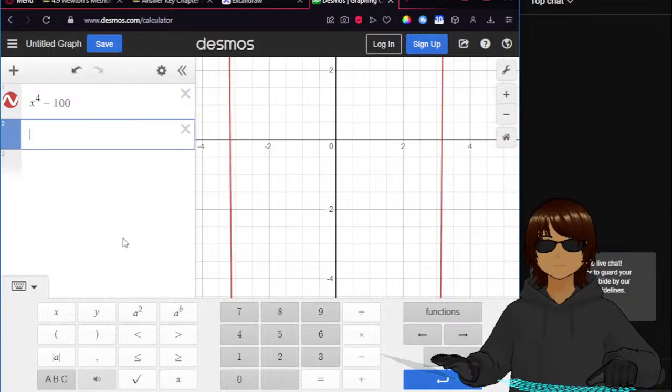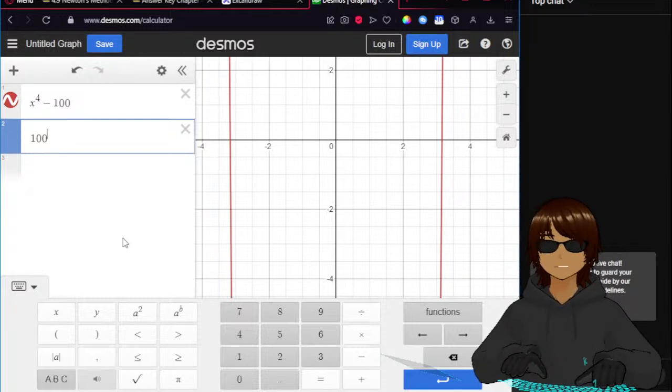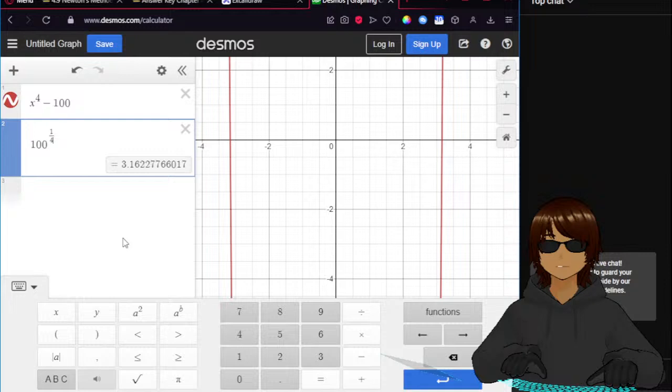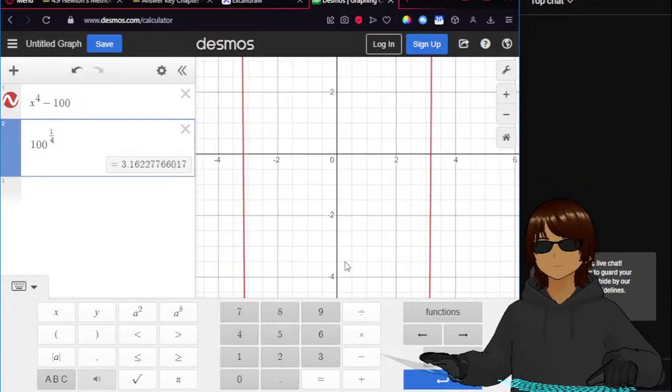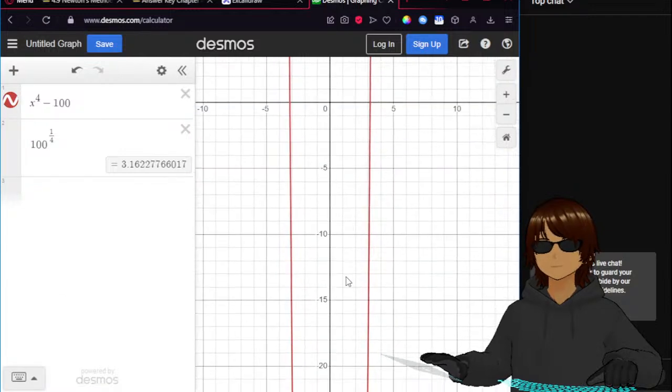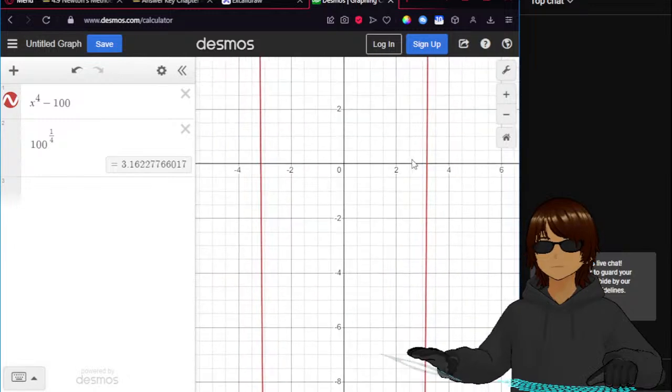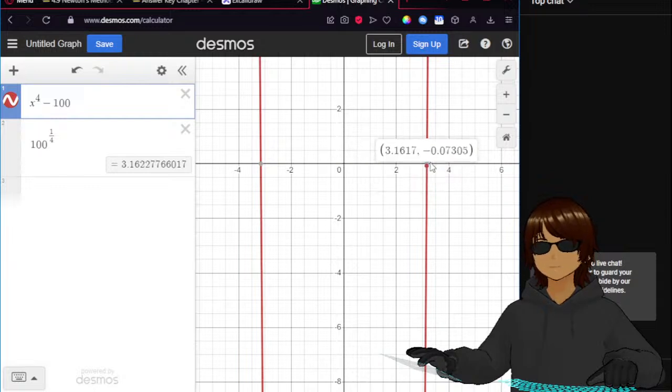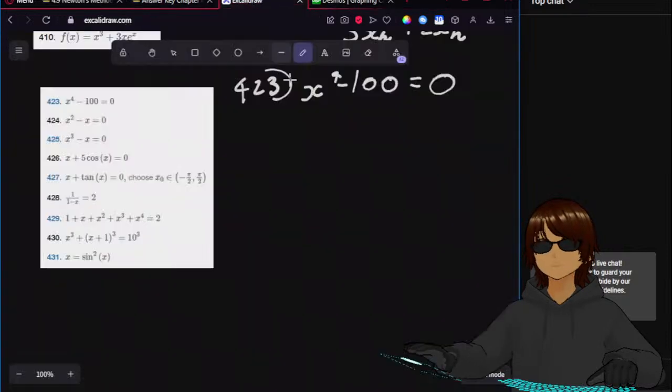So 100 to the power of... that's the root, right? It's plus or minus this. Yeah, but let's say we pick one. Let's say we pick x0 is equal to 4